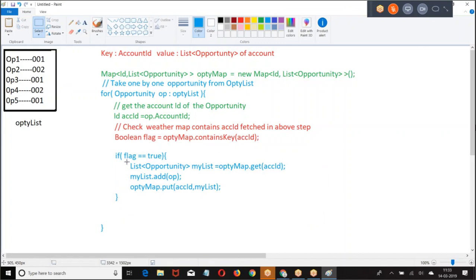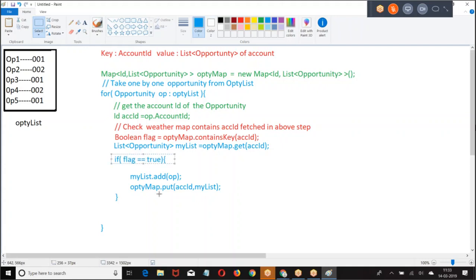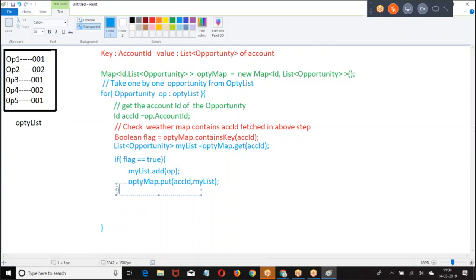Now, if the map does not contain this, if already map contains, get the old value and add the new value and put back. Whatever the old values are there, get those old values, put the new value and send back to the map.